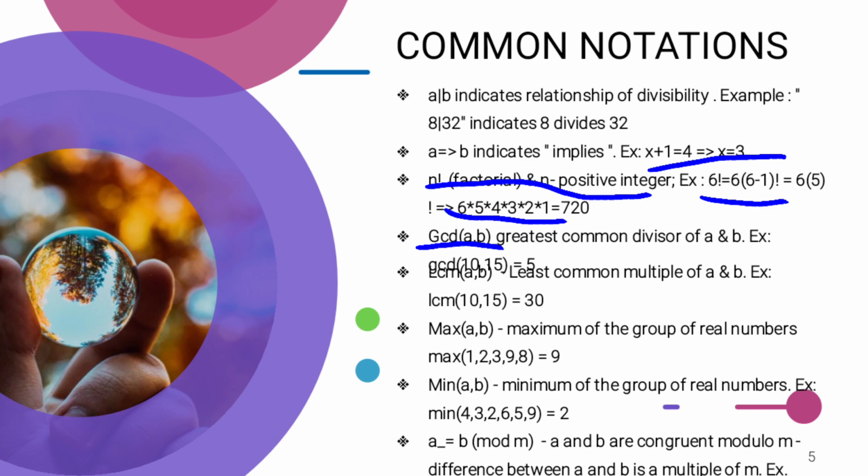That is, this indication A triple line B mod M, what does it mean? It means A and B are congruent modulo M, which can be explained as the difference between A and B is a multiple of M. Example,